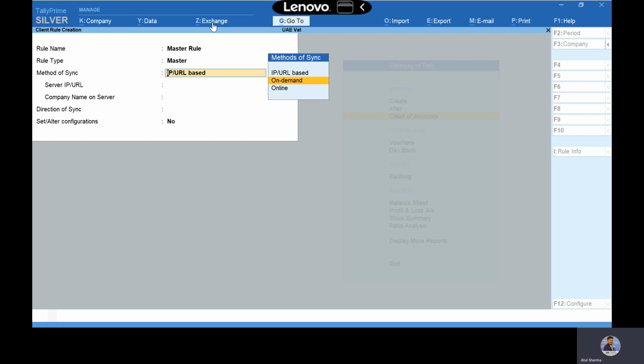Whether the server is closed, or the client is closed, or the server is open, if any system is open and you want to sync, you can do the synchronization, which is called on demand. Data is synchronized using the tally.net server. Once we select on demand sync, it will ask for the server account ID and the company, so you have to mention the server account ID.